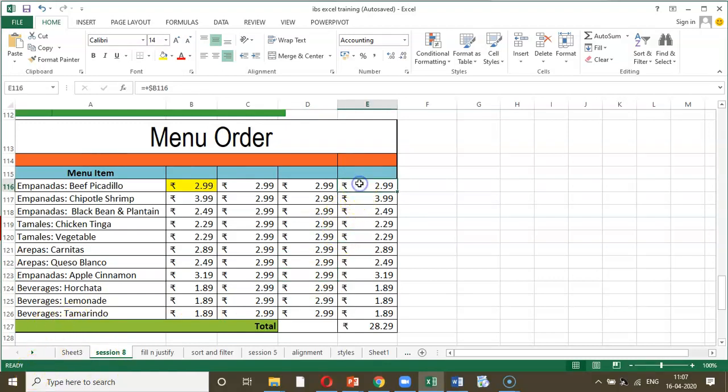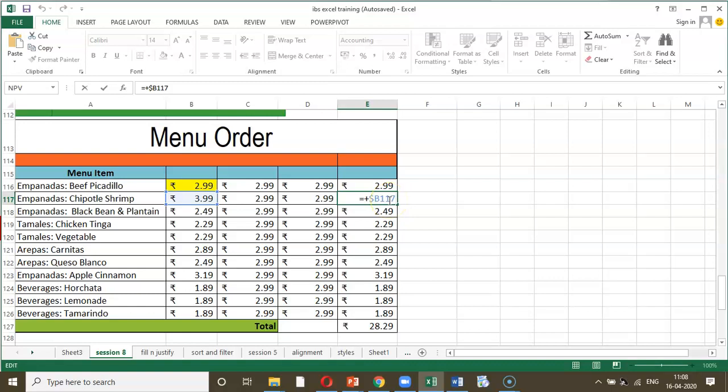Next one. Here if you observe, I have put the dollar in front of the B. So B happens to be the column, and if I go to the next cell, the reference becomes B is constant and it becomes 117.